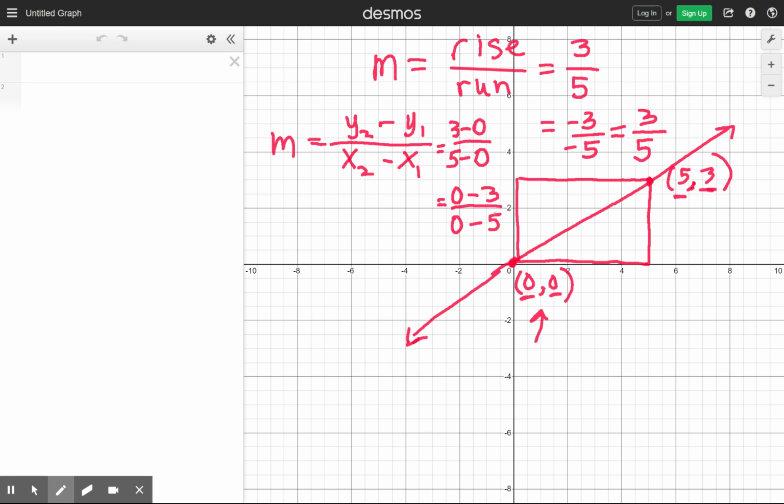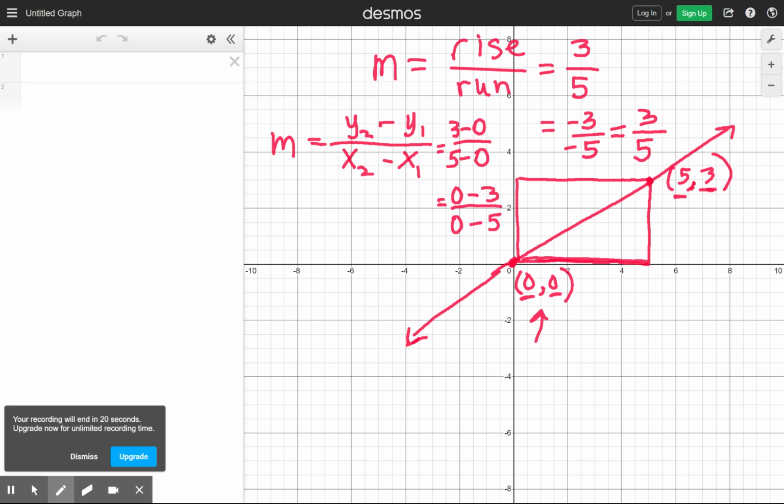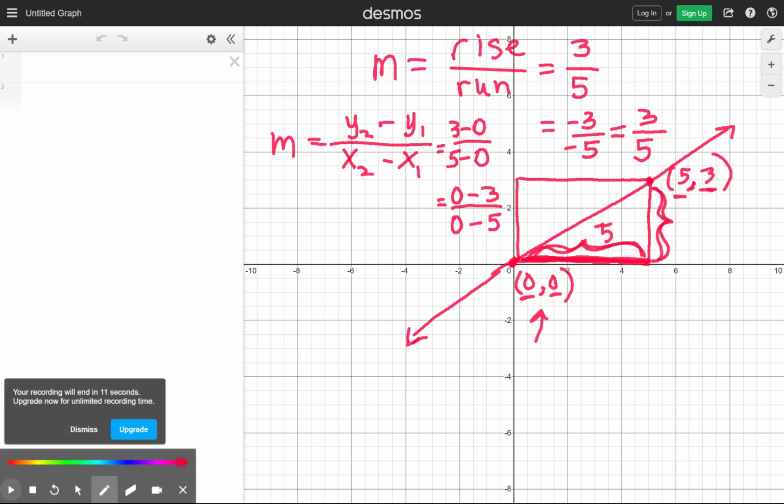Okay? Now I understand the slope. Yes. Okay, now you also need to understand the slope verbally. So how is the y changing if the x goes to the right 5 units? So for every 5